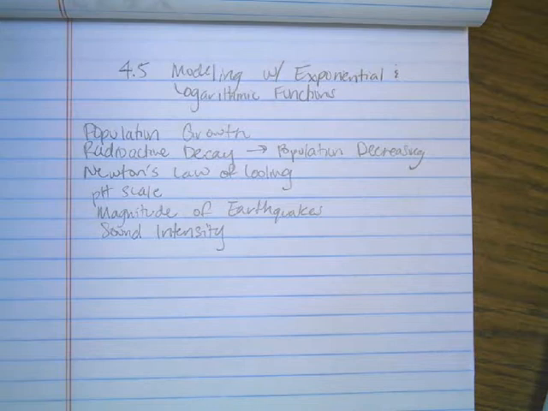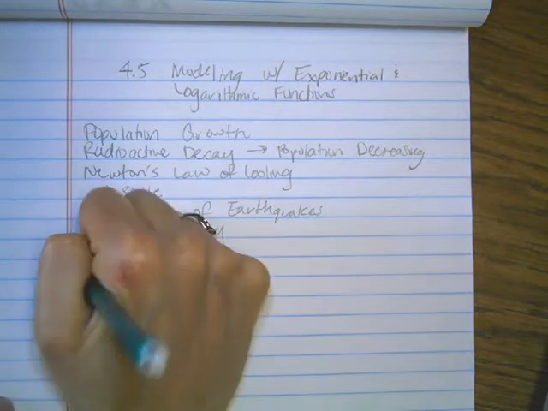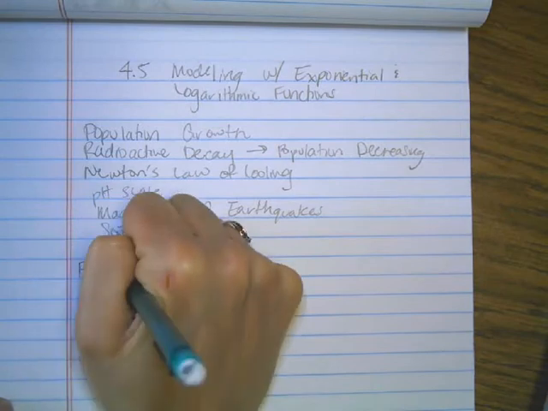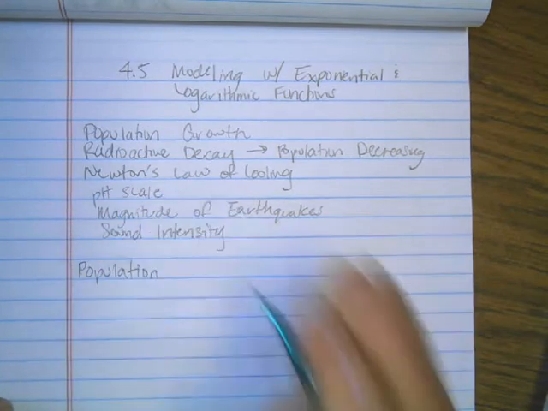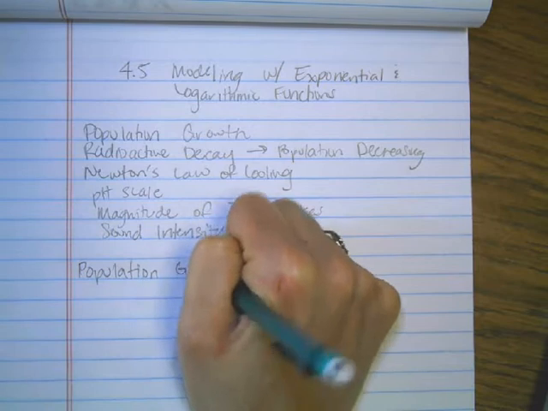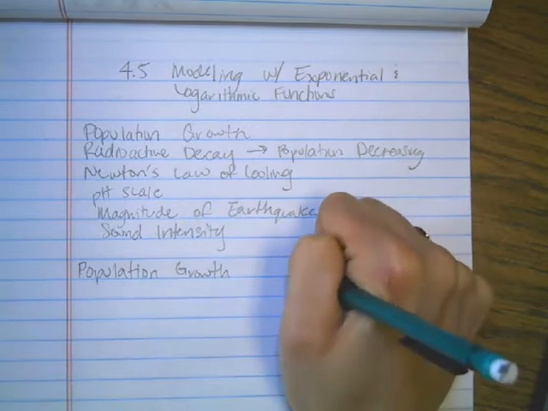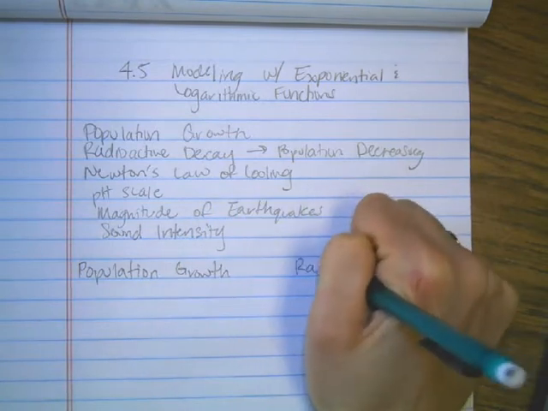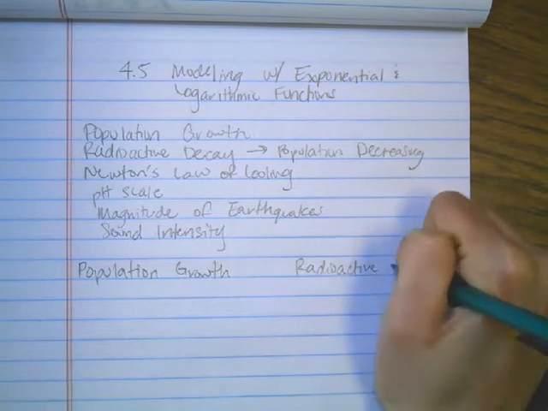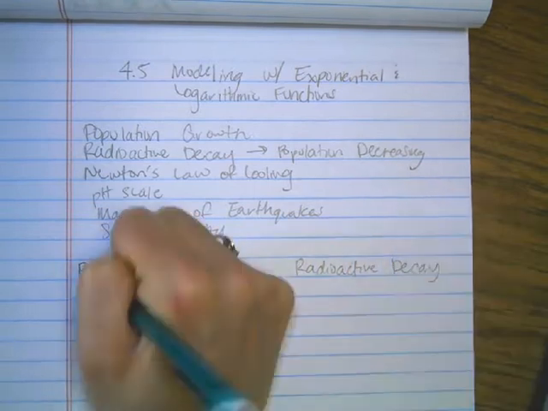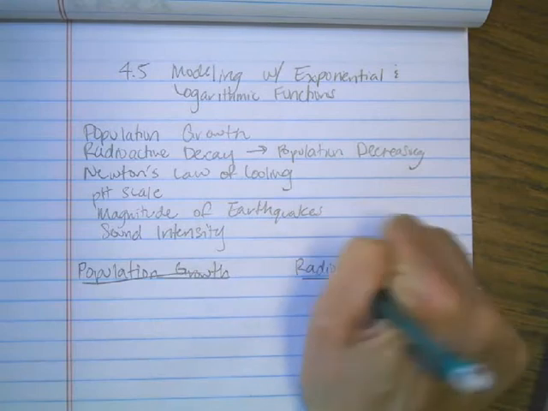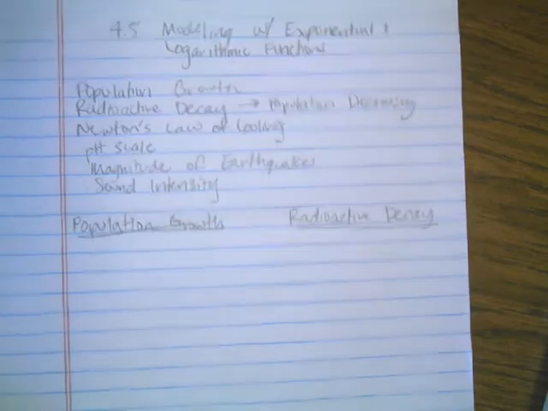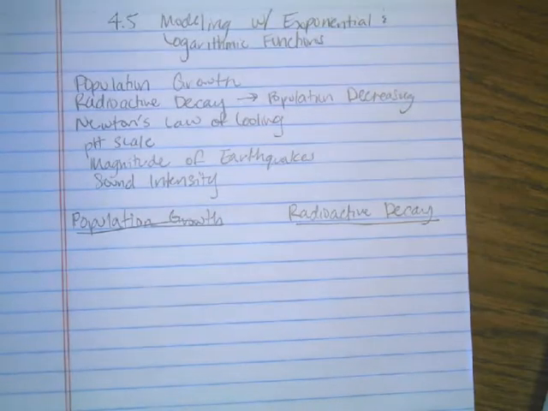Okay, with population growth, I'm going to write out an equation you're going to use. Population decay, or radioactive decay, is very similar, so I'm going to write them next to each other. Each has different formulas for everything else? Yes, but these two have almost the same formula, so I'm going to write them both next to each other. So, population growth,